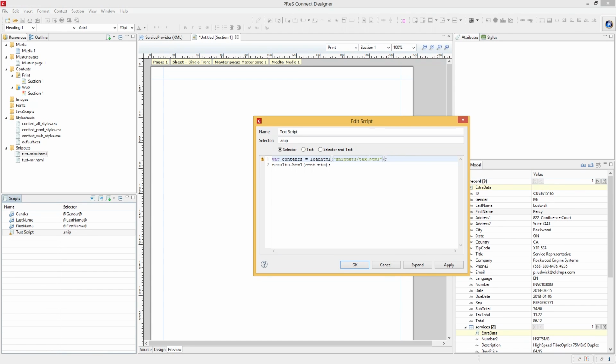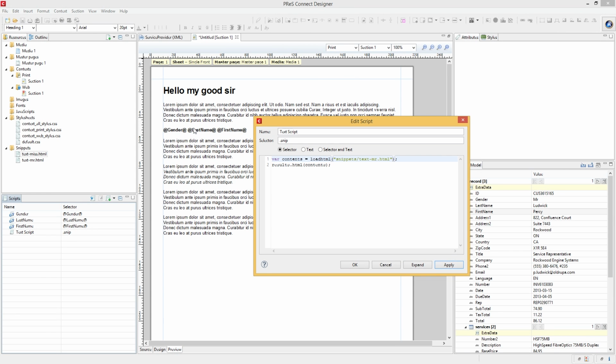I'm going to start by doing just text Mr. to show you that it continues to work with the appropriate file name. And the next thing we need to do is to actually make it dynamic. So in JavaScript, what we use to make things variable is to do string concatenation, which is using a plus sign. And we can mix static text like snippet/text and variables such as